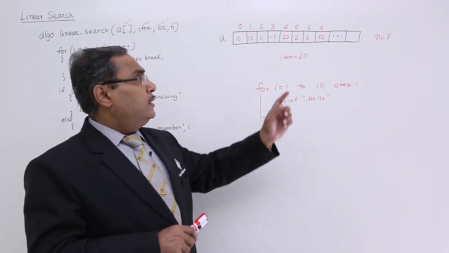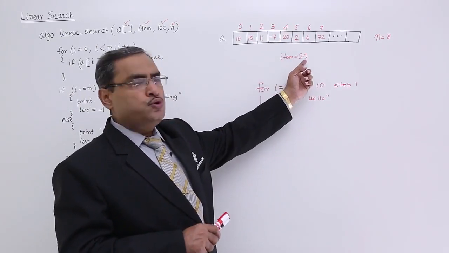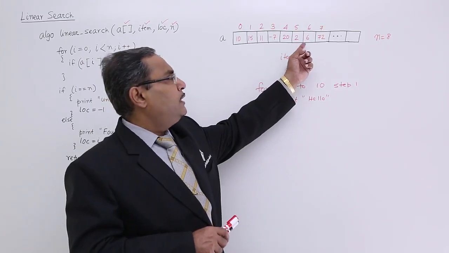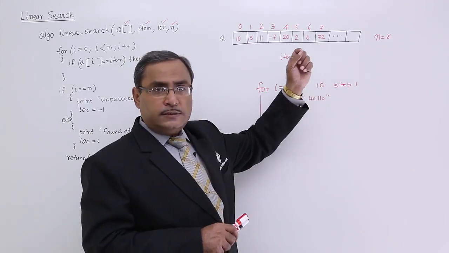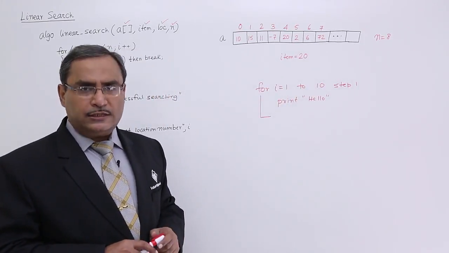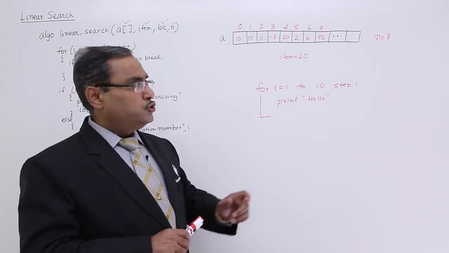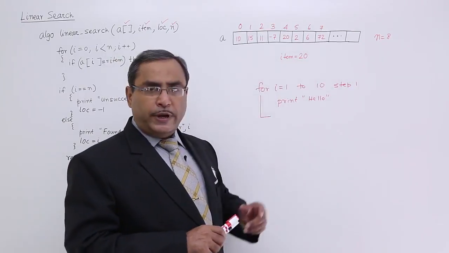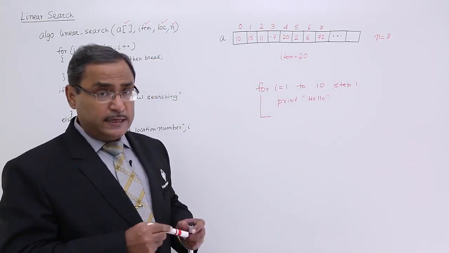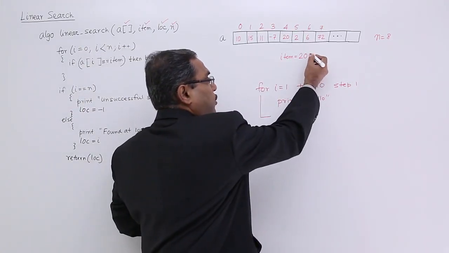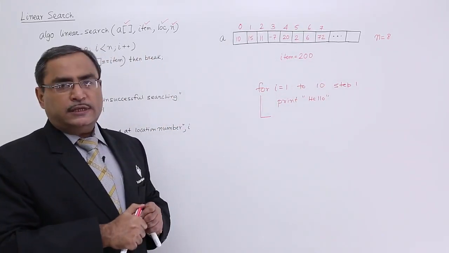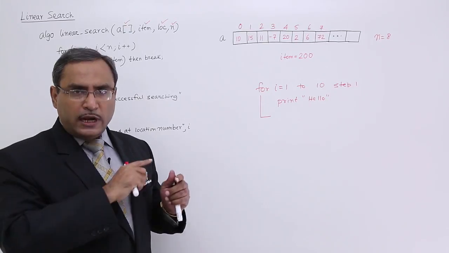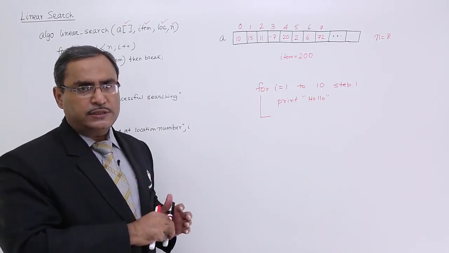that is my 4. So in this way, if it is 200, then I shall go on searching and I shall terminate at that very particular place where I am comparing it with the last data available in the array. So in that case, I shall print unsuccessful searching if my searching item is not 20 but 200. Okay, so in this way the searching will be done. So that's why it is called linear search or sequential search.